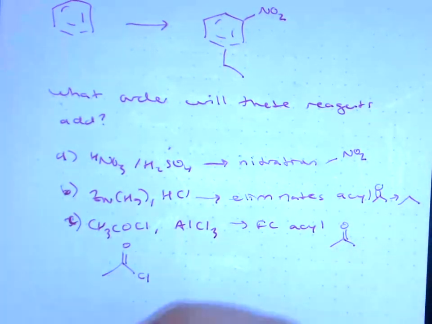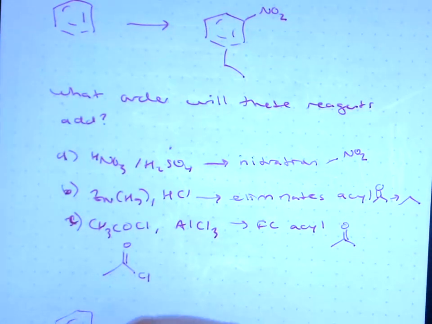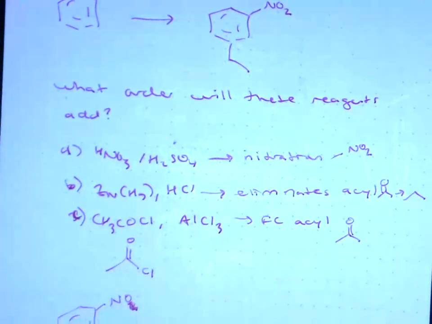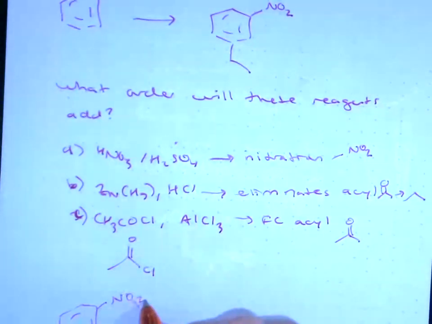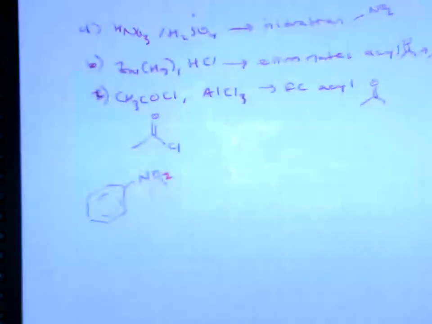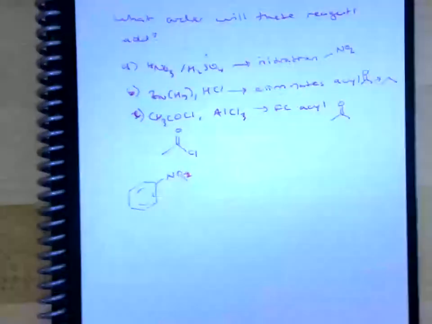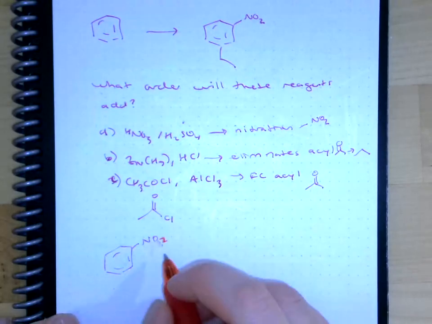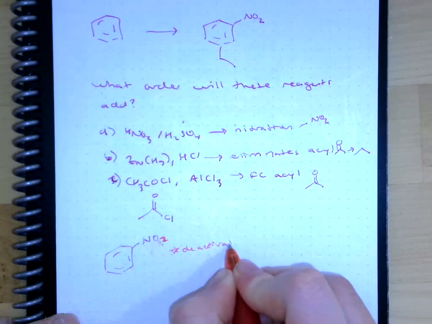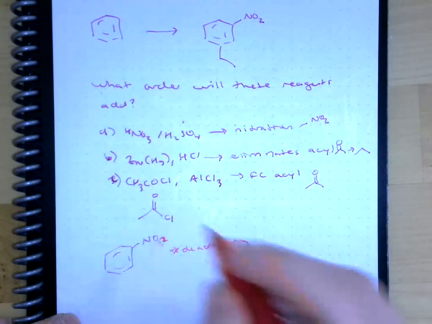How does that matter? Well, if we start with nitration, the first thing you add on a benzene ring really doesn't matter where you add it because they're all the same. I'm going to switch pens because this one's running low on ink. So the first step, we're adding our nitro, and anywhere you add it on a plain benzene ring will end up the same. But I know that this is deactivating because that nitro is actually positive if you draw the structure